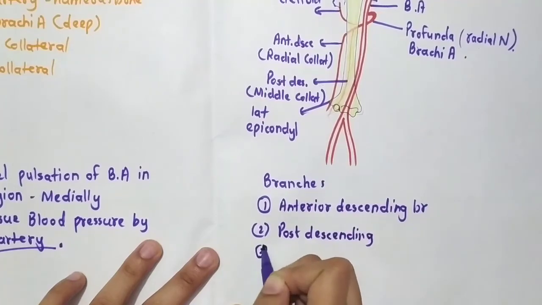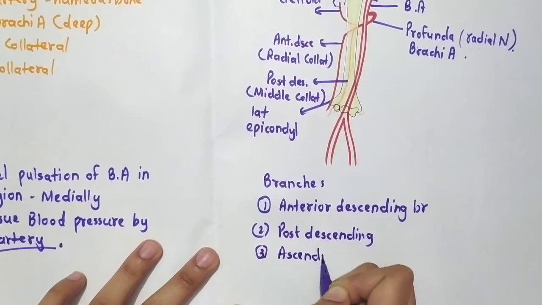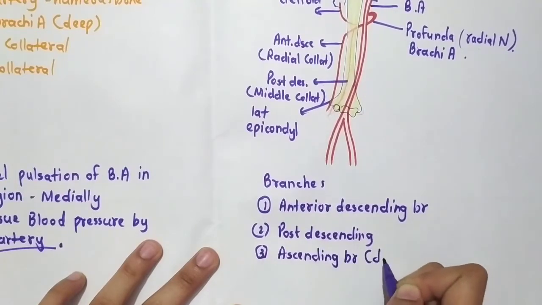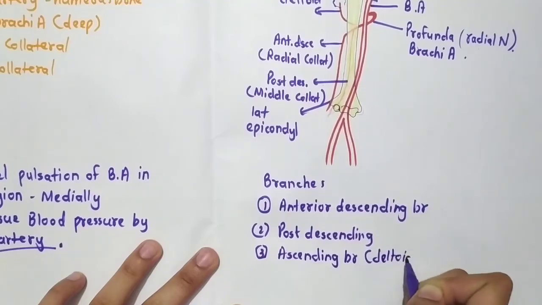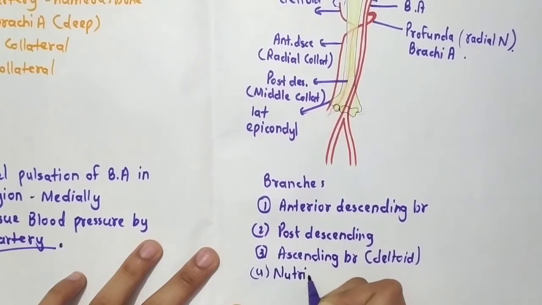Third is the ascending branch, which is for the deltoid muscle, and then there is a nutrient artery for humerus. Okay,